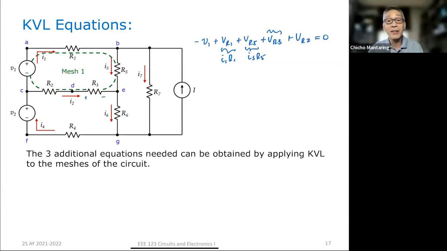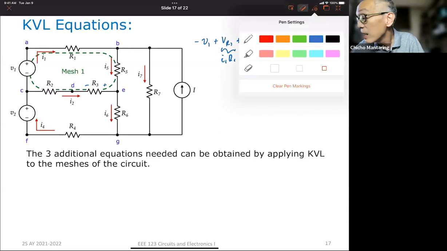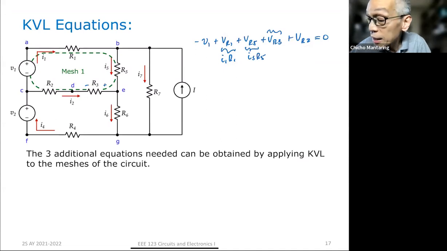But here, whoever answered earlier, I forgot who, assumed that the polarity across R3 is this way, from plus to minus, because it is positive. If the polarity is this way, because according to this equation the polarity is this way, that is opposite the